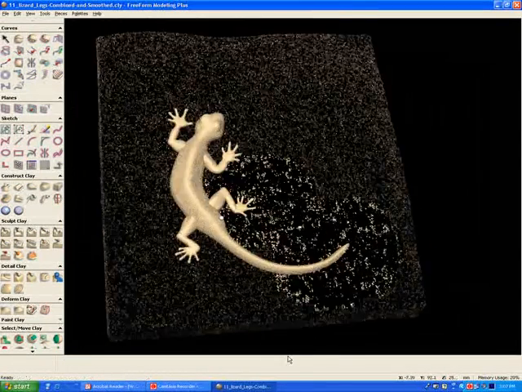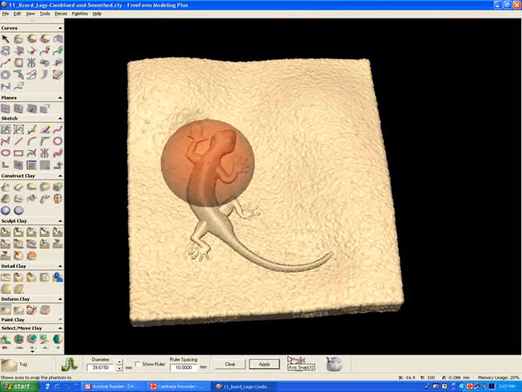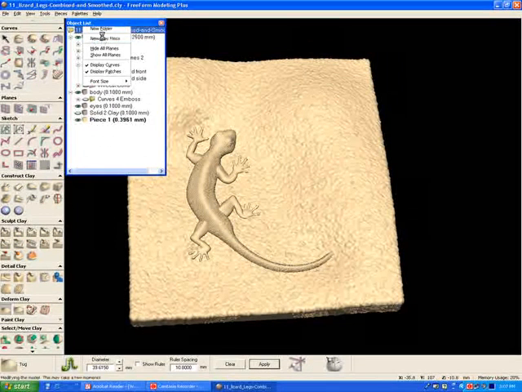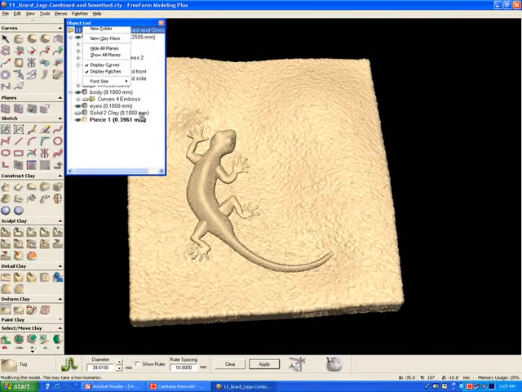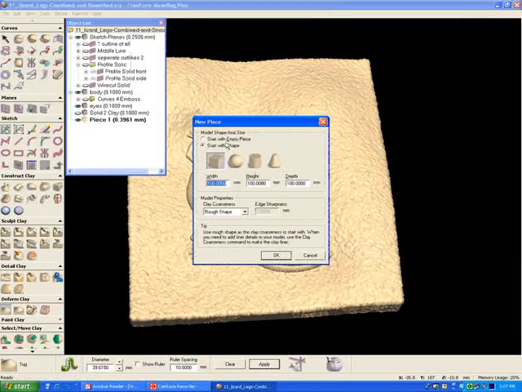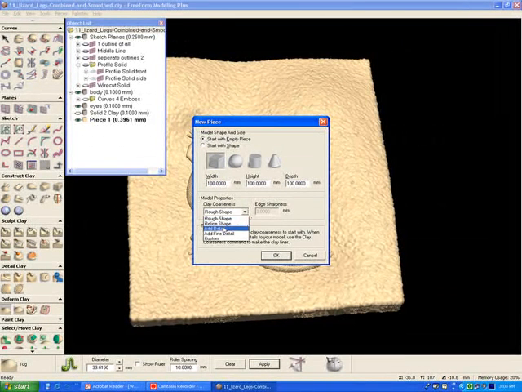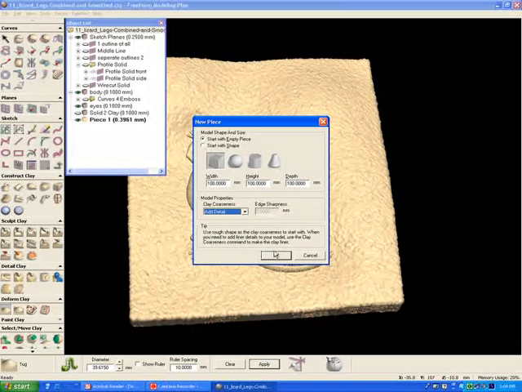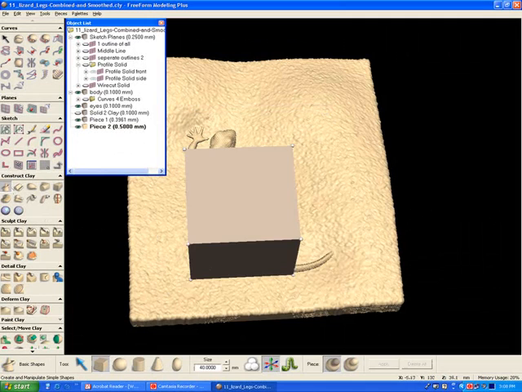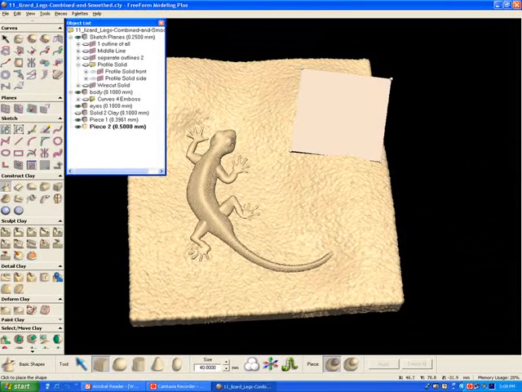After that is done, I would like to add some more parts to it. I would like to add some rocks. So I'm going to open up the object list again and create a new piece. I'm going to start with an empty shape, and let's stick to add detail, resolution of 0.5 millimeter. And again, use the basic shapes. This time I turn off the stick to planar